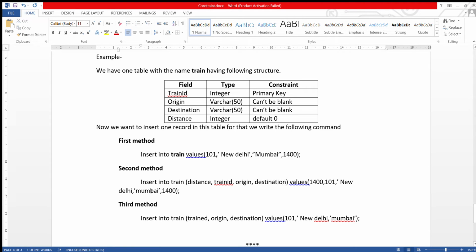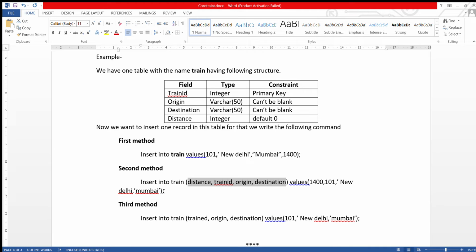So after that I have to give the value for destination. I hope it's clear. It means you can change the sequence of the columns as per your requirement, but for that, before entering the values, first you have to give the column names in the sequence in which you want to enter the values. This is the second method.